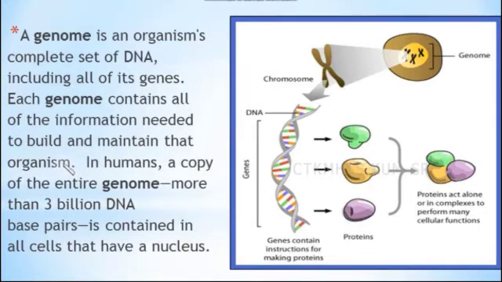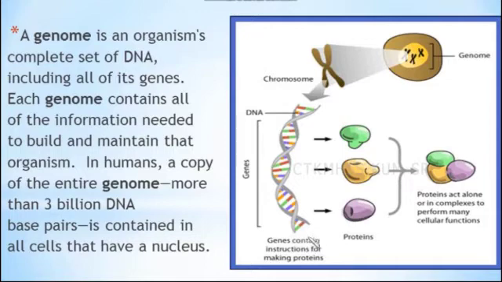It is very important to know that a gene is responsible for expressing a particular character. Now you see in this diagram, this is the genome. A chromosome, when it is unwound, shows the structure of DNA, and a specific portion is called a gene. Genes contain instructions for making proteins. We should know that our body is entirely made up of protein. Each and every cell structure is made up of proteins.